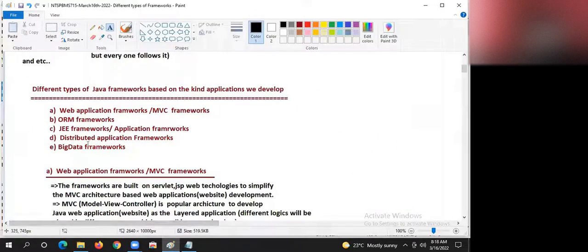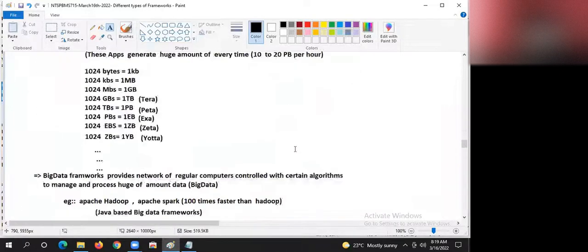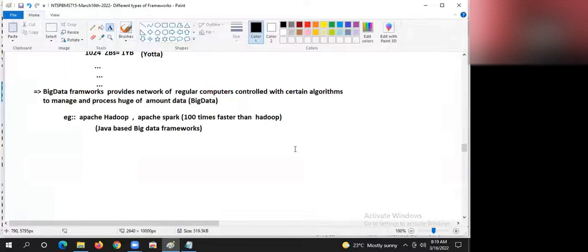So it is not required now. You need not break your head. When you plan to become a data scientist, as part of that, you plan to learn big data frameworks. Otherwise, you just learn Spring and Spring Boot. Indirectly, you will be learning all the 4 ways of application development. That's the beauty. So as a category I have explained, guys, there is no need of learning big data frameworks.